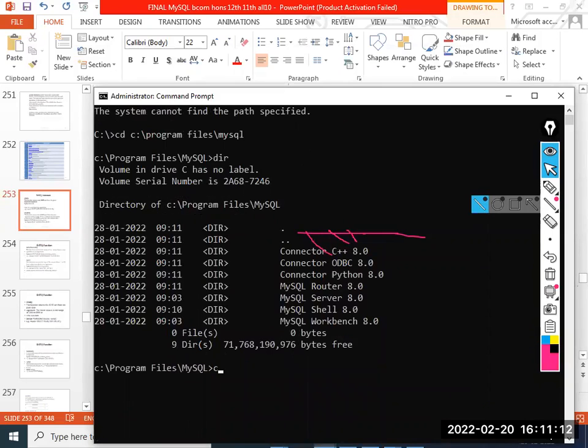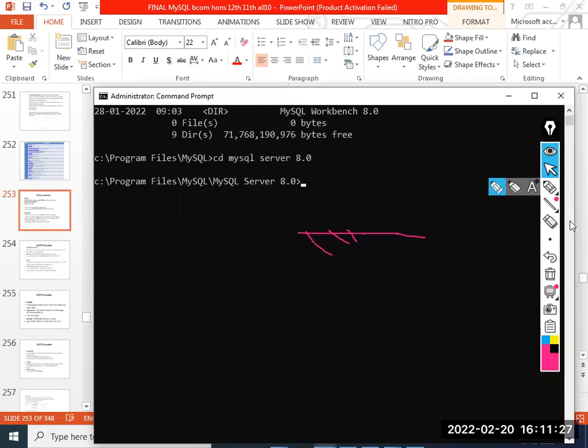Again you have to use cd MySQL server, 8.0. Now when you go to this part,